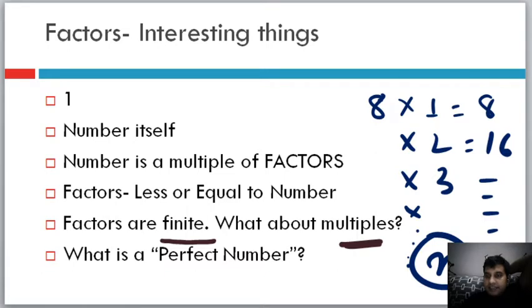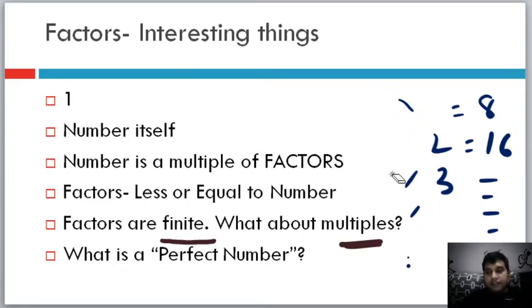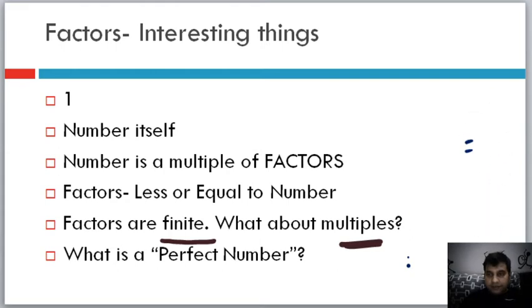But understand, let's say this number is n into 8. When we do n into 8, the number of factors is going to be limited. Obviously it will be difficult to find out, but it is going to be limited. But multiples are going to be unlimited. So keep that in mind. I think it's a very easy concept to understand. Sometimes it can be confusing, so keep it in mind. Sometimes in school examinations it might also be asked as a true false question, and therefore it is important to understand the concept.